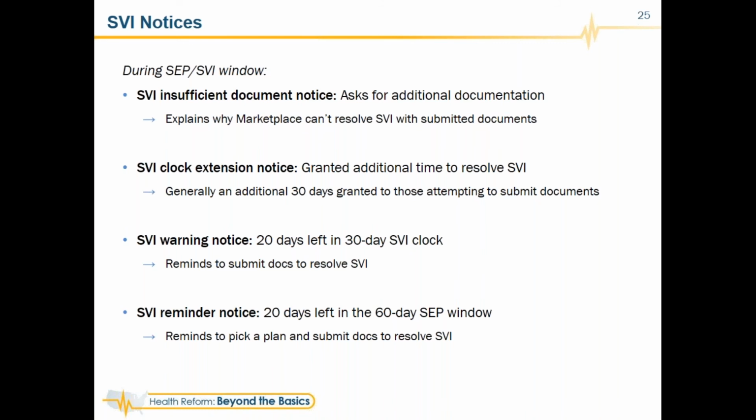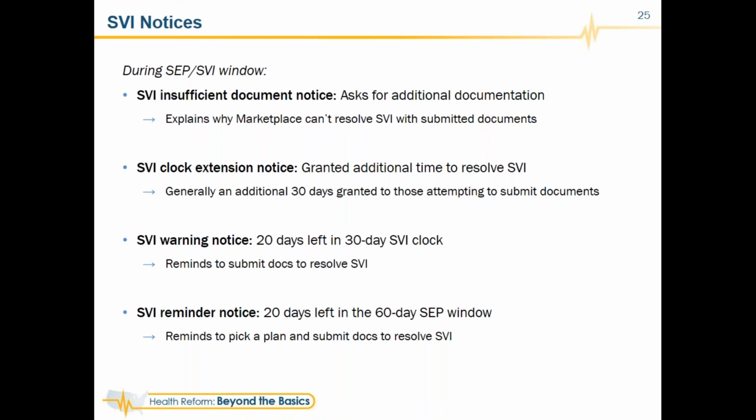People will get a notice warning them when they only have 20 days left in their 30-day SBI window. People will also get a reminder notice when they only have 20 days left in their 60-day SEP window. I'm going to pause for a second. When we think about these warning notices, both the reminder and the warning notice, 20 days left in your 30-day clock, and 20 days left in your 60-day SEP window,